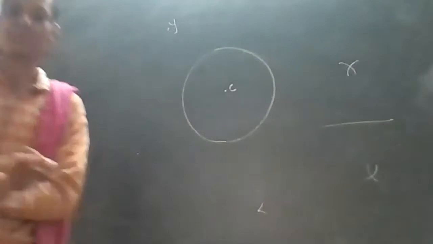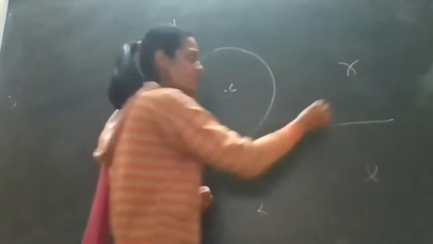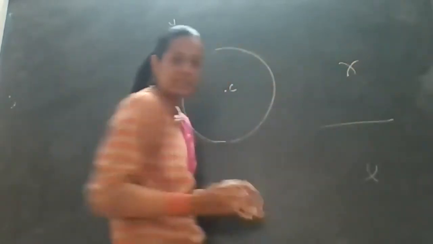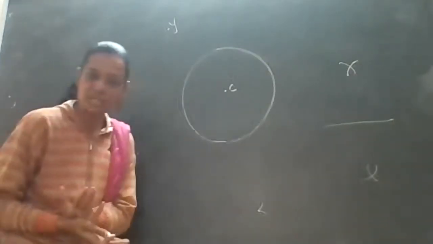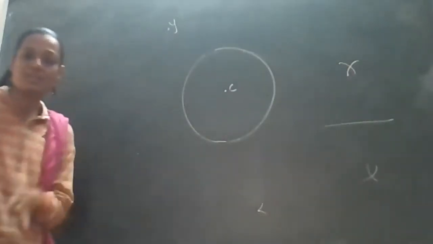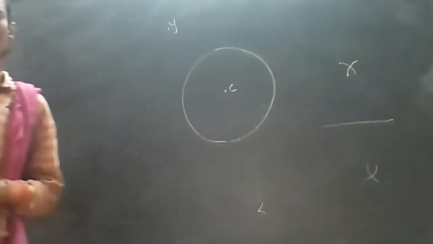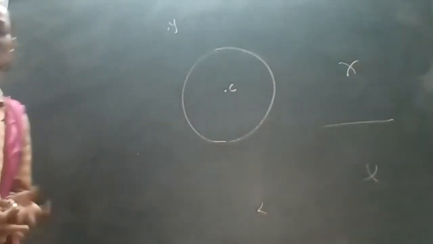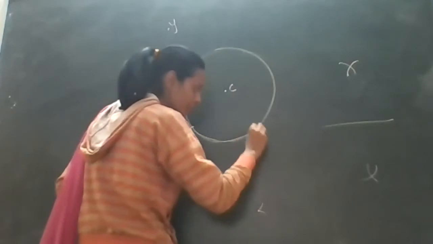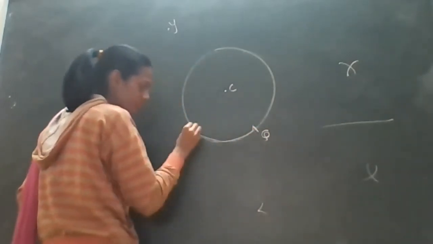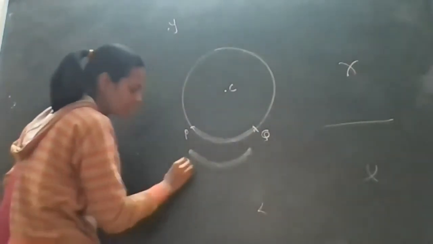That is nothing but the arc. So here also the arc is a part of a circle. This is a part of the circle only, right? So what does minor arc mean? Minor means chota. A small part of the circle is called a minor arc, and a major arc means the major part of the circle is called a major arc. So here I am going to consider P and Q. It is small, so this much is called a minor arc PQ.